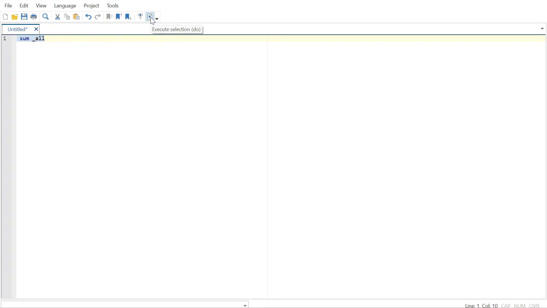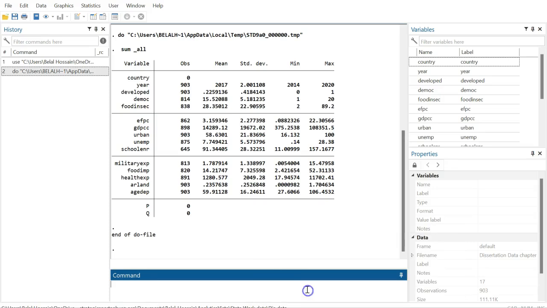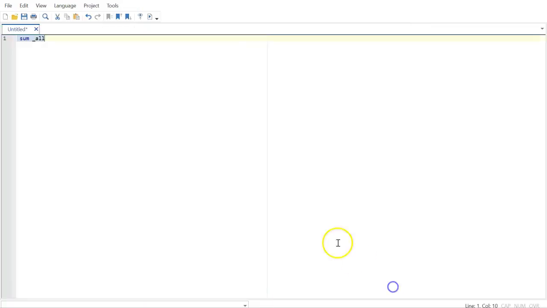When you click execute selection, it goes back to the interface, and sum all, which was my command, summarizes all the variables in the data. It gives you the basic descriptive statistics on number of observations, mean, standard deviation, minimum and maximum, and these are all the variables. You can use it for that purpose, and then you can also say sum all